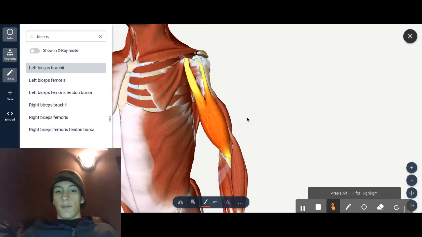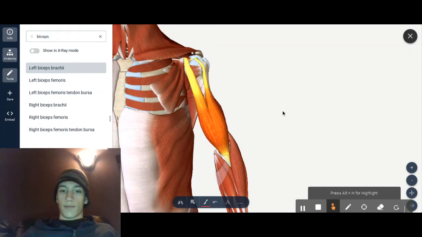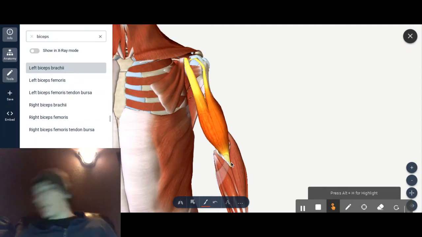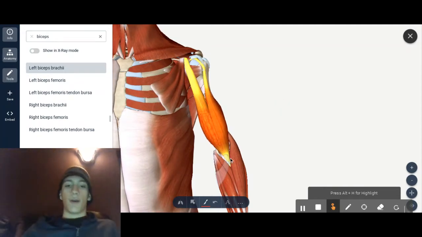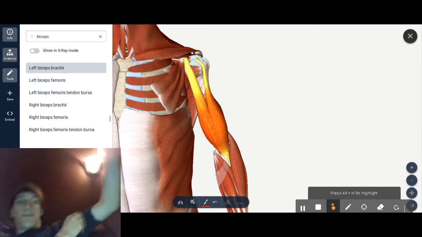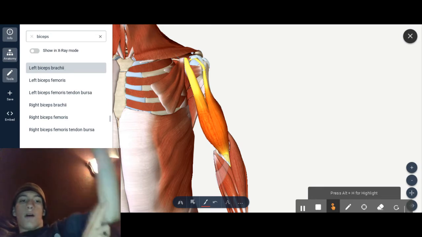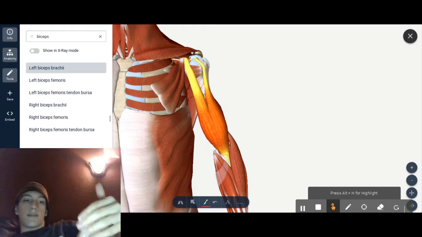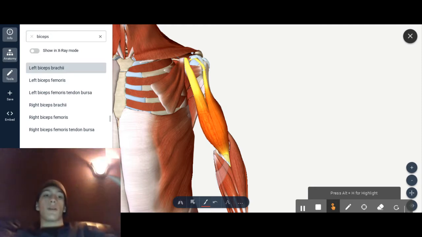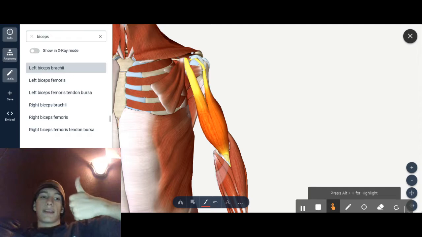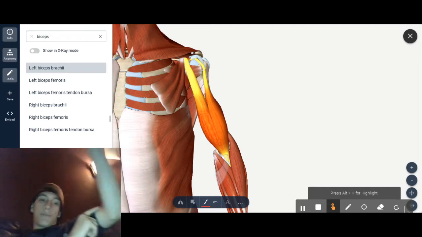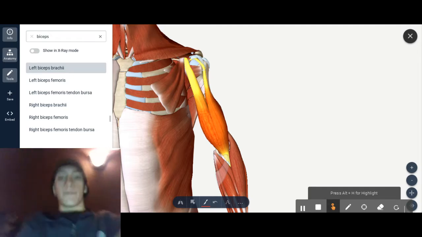And its insertion, or the one that moves more, is just right here along your radial tuberosity. You'll recognize it if you ever see it, but it's this bump on this bone in your forearm. You know how your forearm is divided into two bones. It's this one, the one attached to your thumb. That's your radius. Mr. Wardlaw, our teacher, says you remember radius because it's rad. So it's on your radial tuberosity. That's your insertion